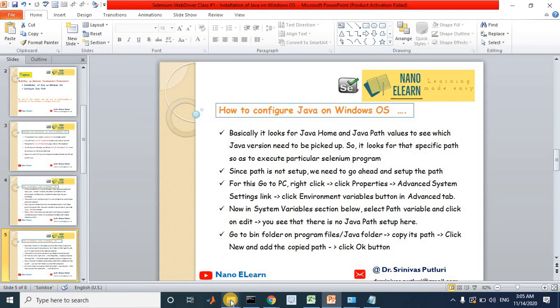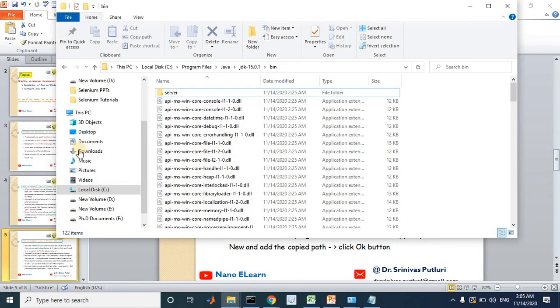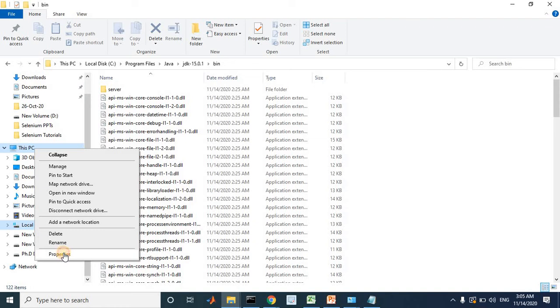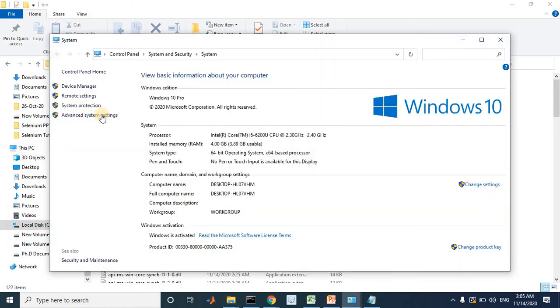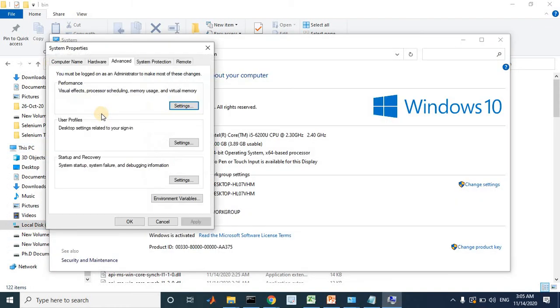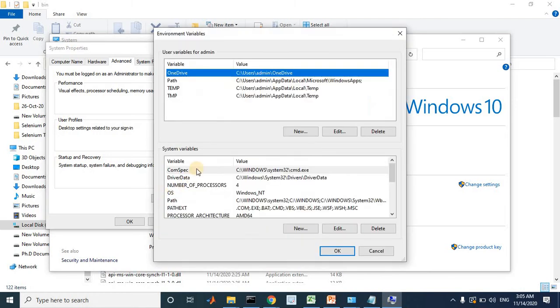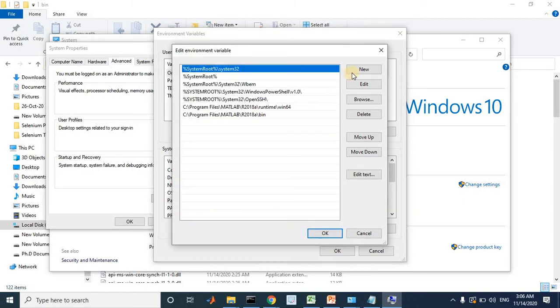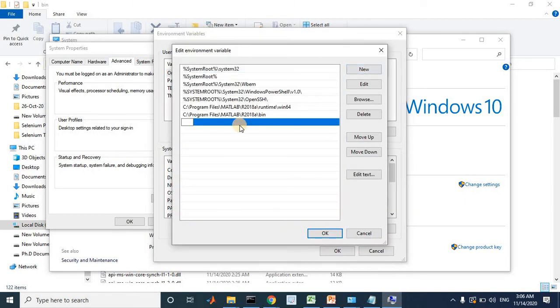That is, as I just explained, go to My PC, Properties, click on Advanced System Settings, click on Environment Variables button, select the path, click on Edit, then click on New.